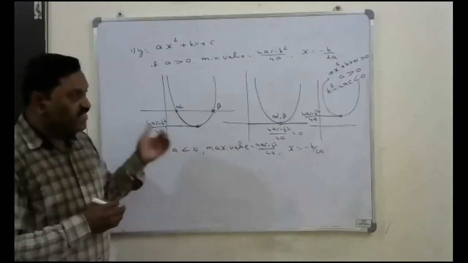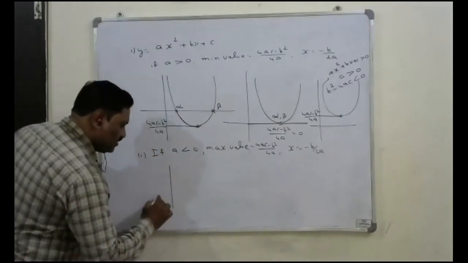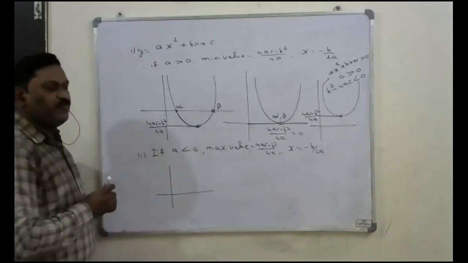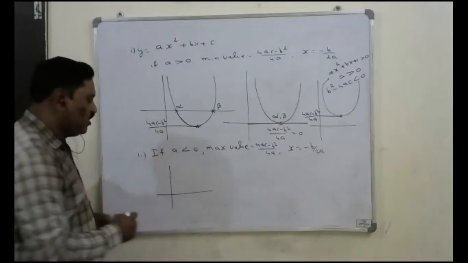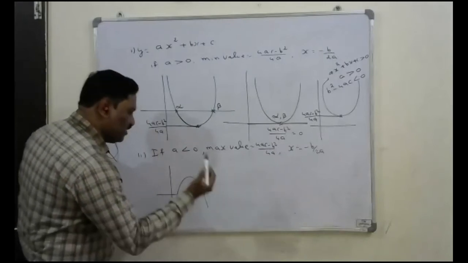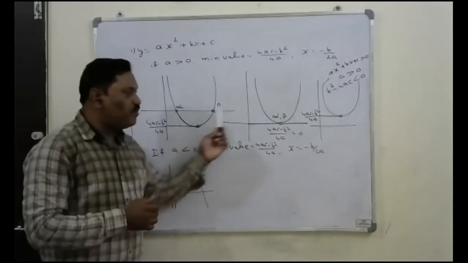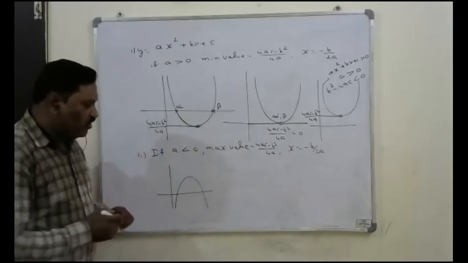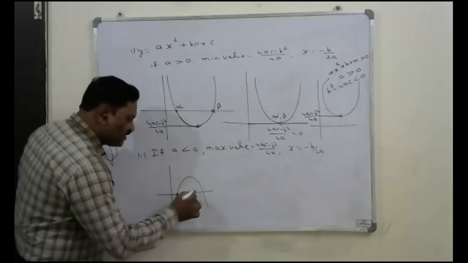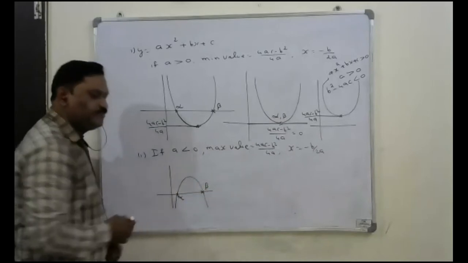Now, if you represent this graphically, here if the coefficient of x square is negative, the three positions might be there because it has to reach the maximum value. That's why the graph might be like this. It is a downward parabola, we'll call it, and the other is an upward parabola. So one way is that the graph may intersect the x-axis at two different points, that is alpha and beta.